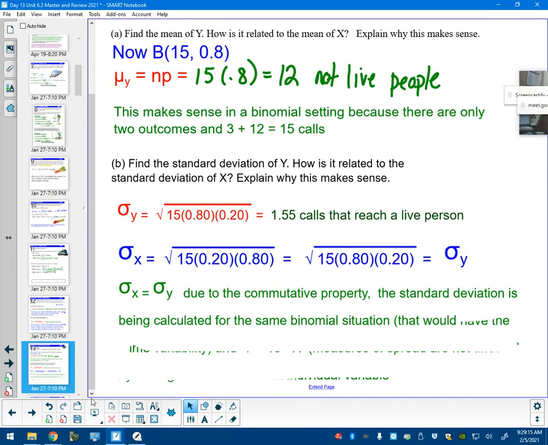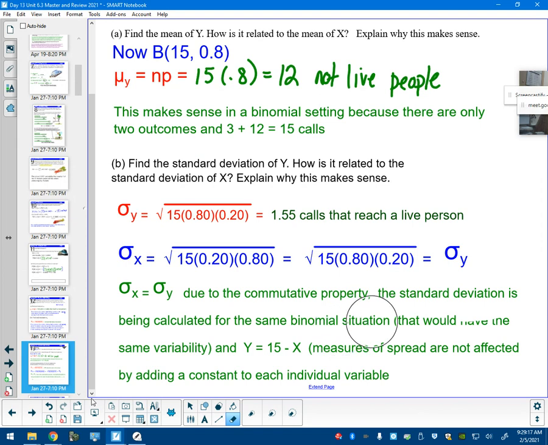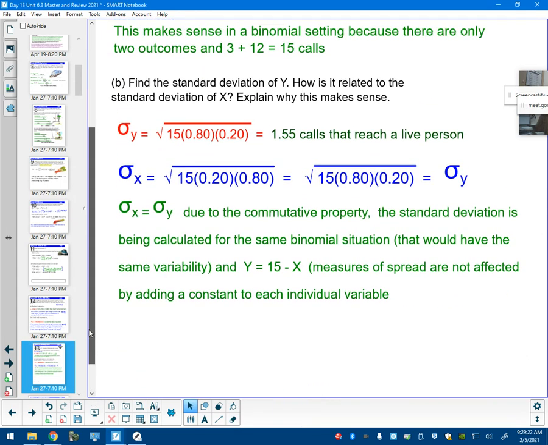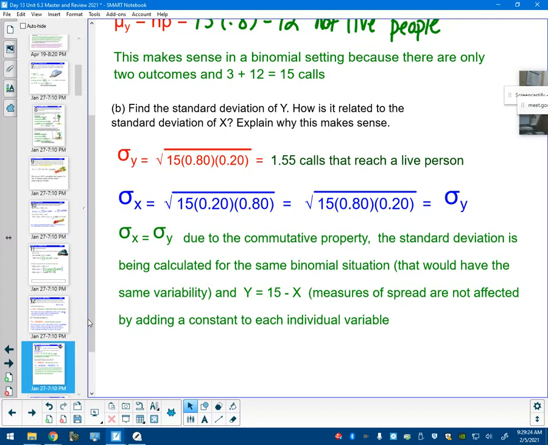The arithmetic, the algebraic way to think about it is the commutative property is in charge here, and it doesn't really matter if you swap the 0.8 times 0.2 or 0.2 times 0.8. But what we're really doing is we're picking up and moving a data set, and when you pick it up and move it, does it stretch it or shrink it? No, it stays the same width.